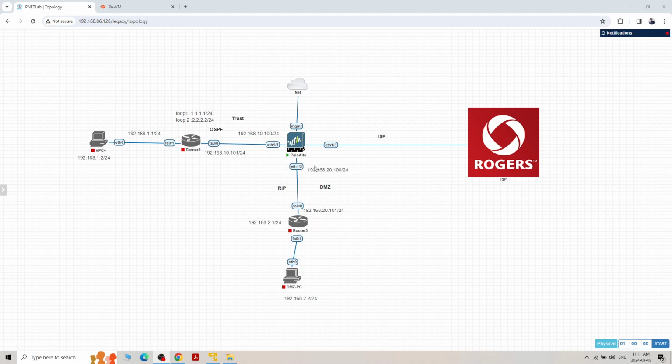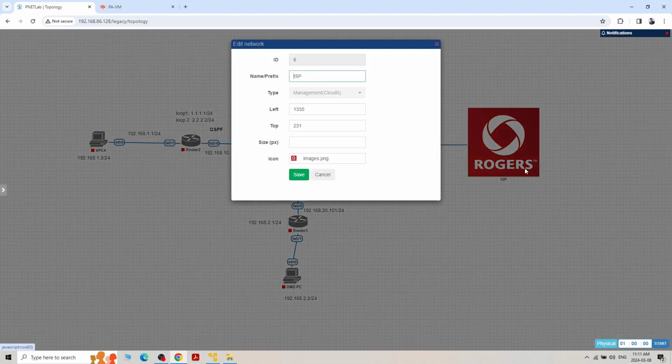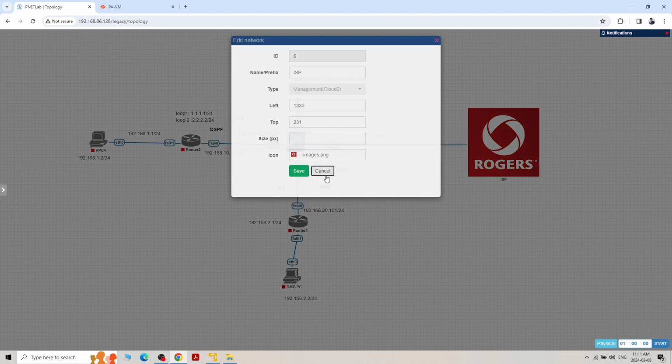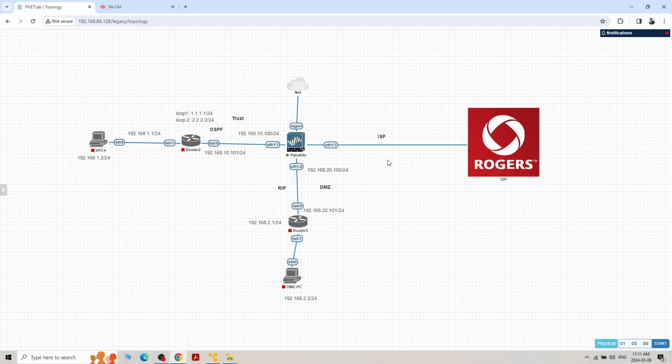I have three different zones: trust zone on Ethernet 1/1, DMG zone on Ethernet 1/2, and ISP zone on Ethernet 1/3. These are two different Cisco routers I'm using, and this ISP, the Rogers, this is my management cloud. So I have some different networks here between the router and in this computer I have network